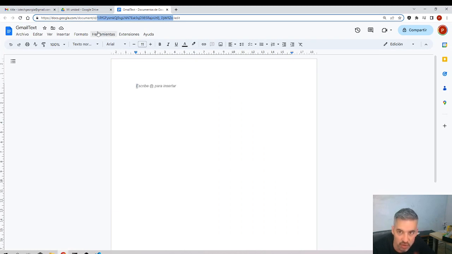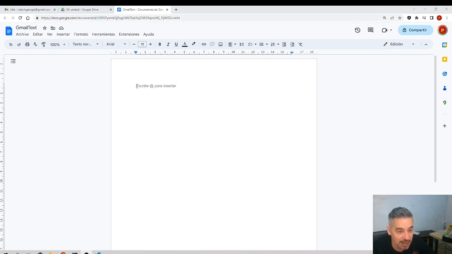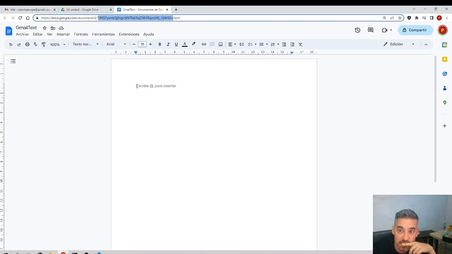I will copy it, Control-C, copy that ID. It doesn't really matter at this point in which folder of the Google Drive this is located. That's not relevant now. But the ID, yes. Look at the bars, and this token is the ID of this document. So select it,